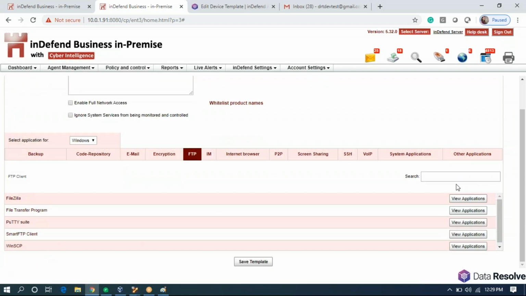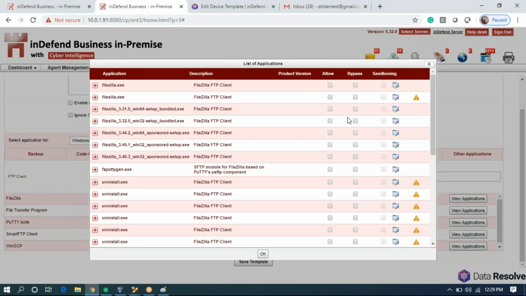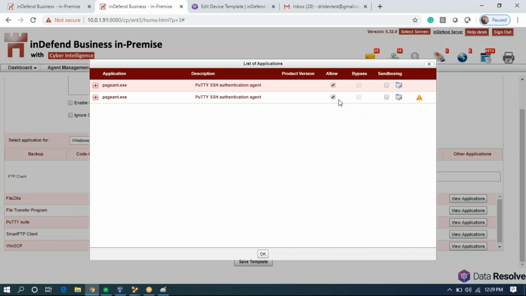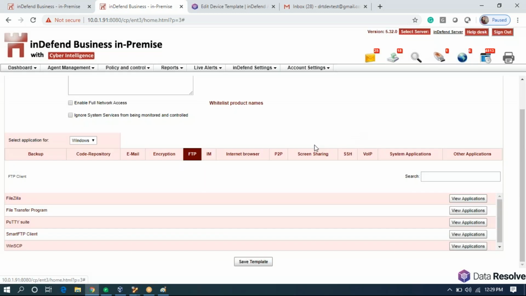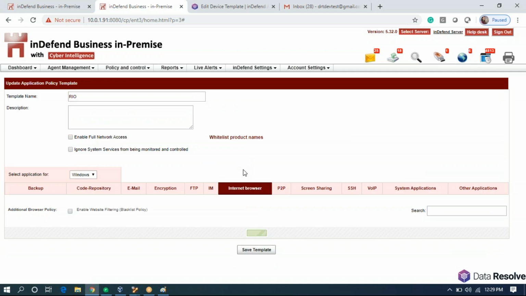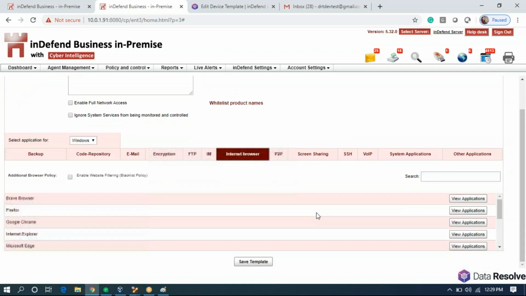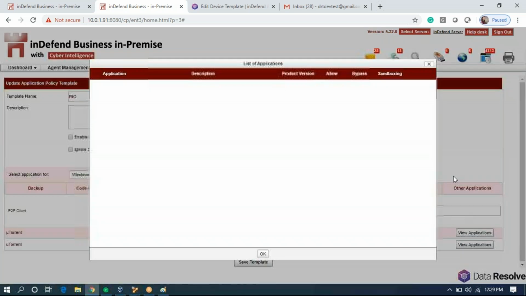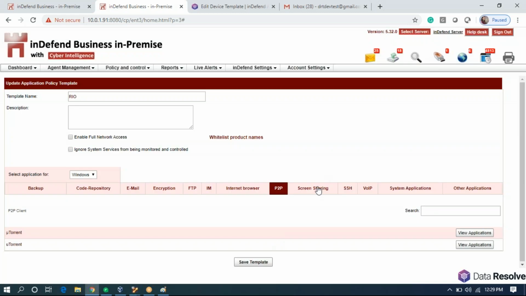For example, FTP applications I've already allowed. Not all of them. PuTTY I have allowed. Right, PuTTY we will be able to use. All the internet browsers have been allowed. Torrent is blocked. If you want, you can just simply allow it by clicking on allow.